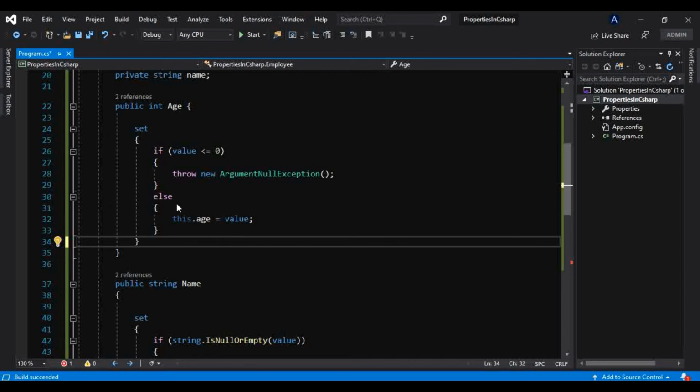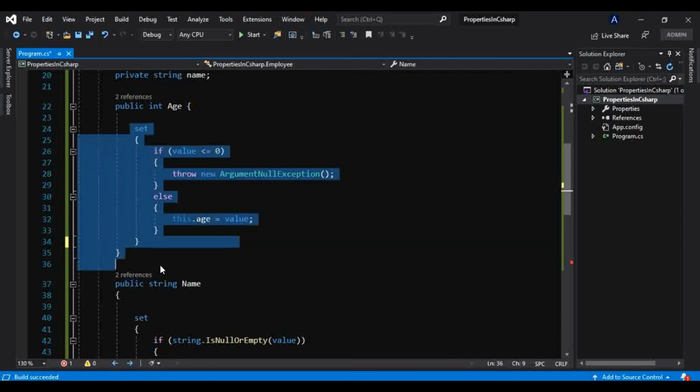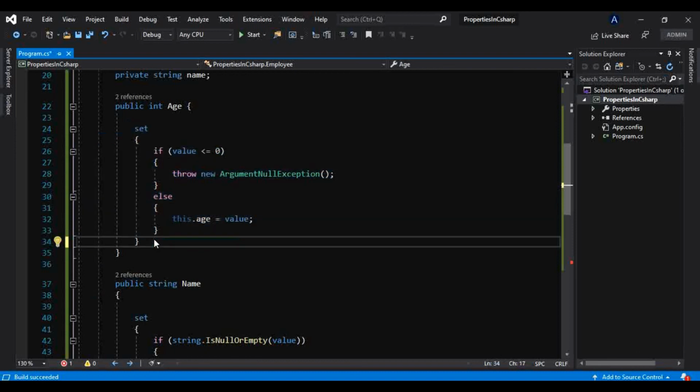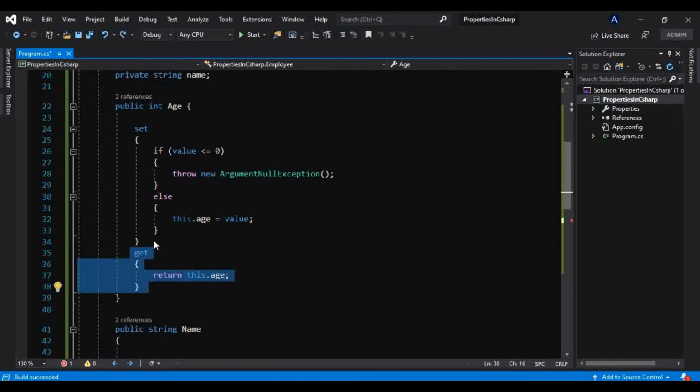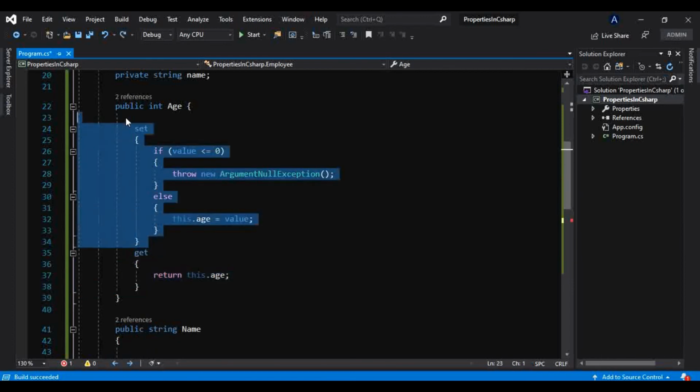That value might be only for developer purposes. The developer wants to only store it to the database and not return it to the user. In that case, we can have these write only properties. Okay, something like this. And similarly, you can have read only properties.